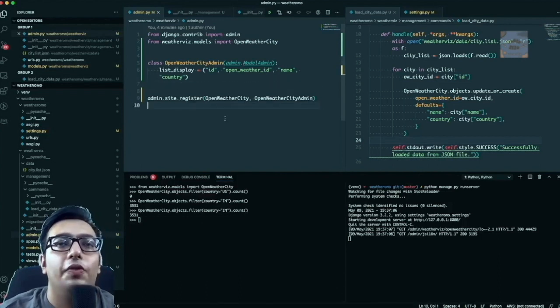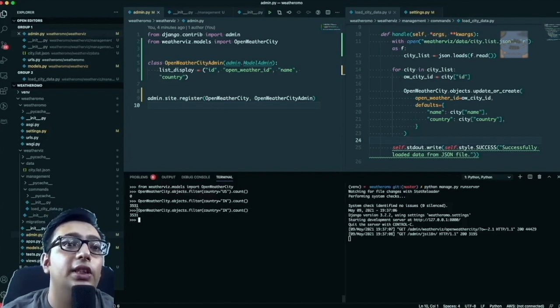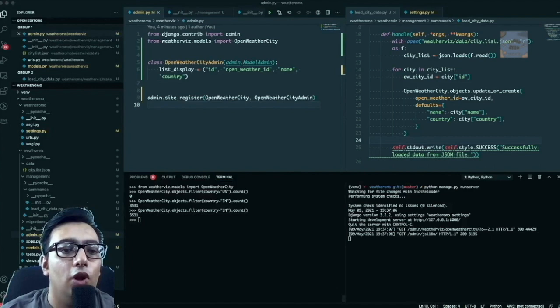Okay, so we have seen how the admin panel is modified, how things are done. Now the thing is, we want an HTML page where we can list the drop down and basically say that these are the cities that you have as options, and if a person selects one of those cities and presses the submit button, it should fetch all the weather details from the Open Weather API and then display it, right? So what we can do here is